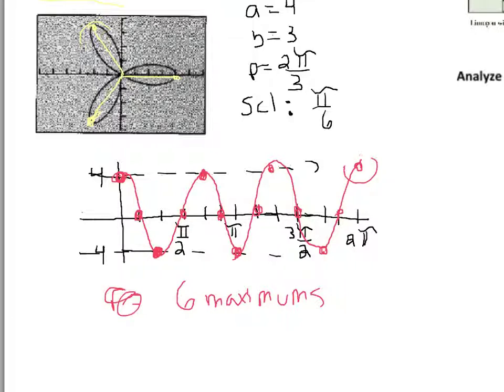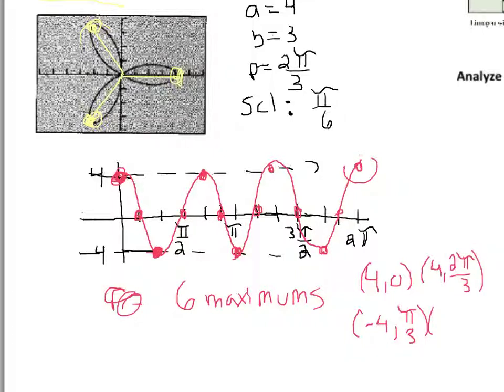So now we have to find the polar coordinates, okay? So we have to think on this graph what these 3 points are, but also based on the angles. So, what we're talking about here is, where do we start on this graph? 4, 0. And then we go down to here, isn't that negative 4, pi over 3? And then if we went up to here, it would be 4, 2 pi over 3, and then you'd have negative 4, pi, because we're down here now,